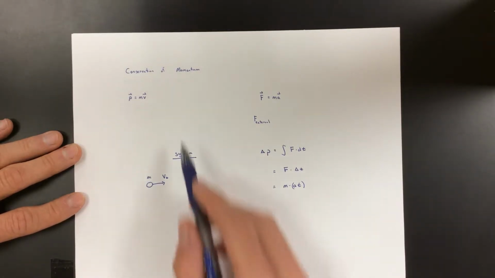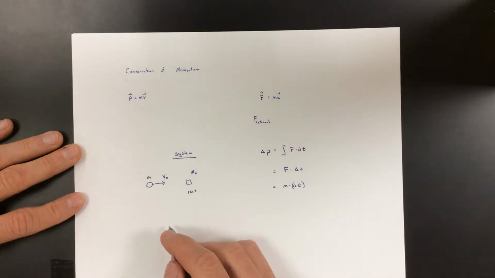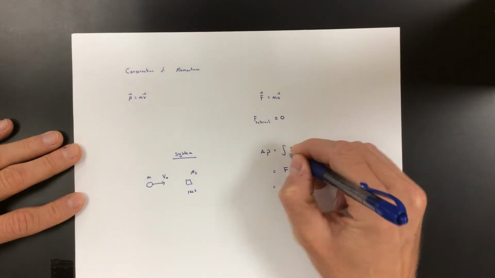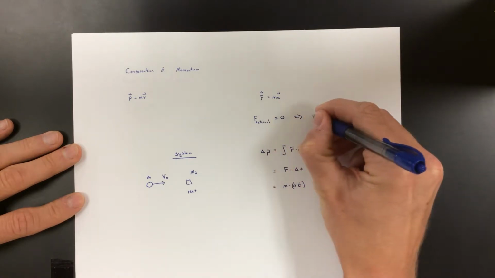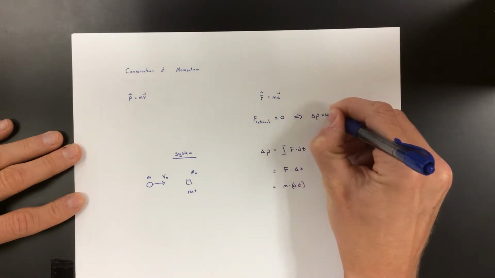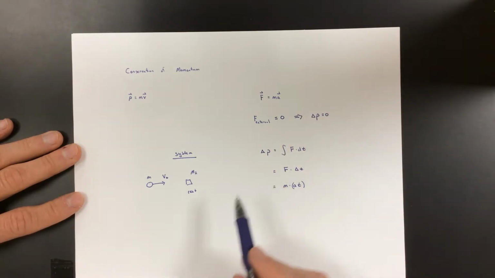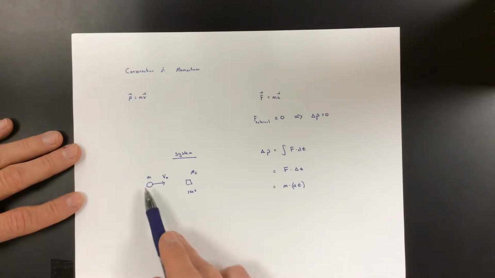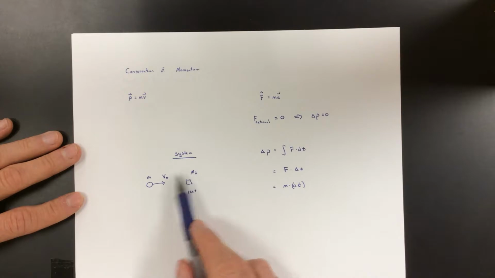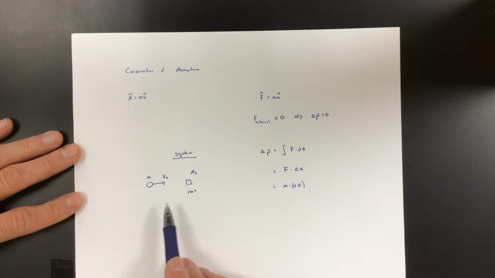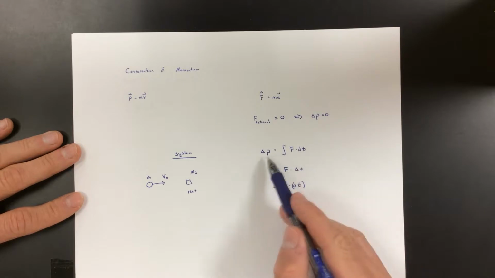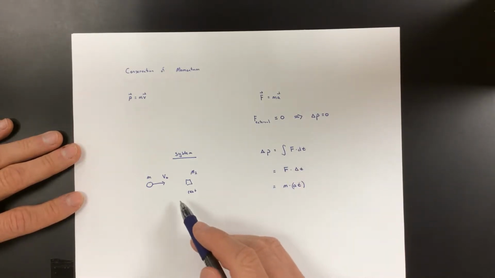Again, most of the time we're looking at conservation of momentum. We conserve momentum when the external force is equal to 0. That means that there's no change in momentum for the system. I didn't mean to imply that there's no change in momentum for an object. When this ball hits this block, whether the ball bounces off, whether the ball sticks, whether it's elastic, it doesn't matter. Each one of them is going to experience a change in momentum. Each one of them individually has a force applied over a certain time period, which will cause a change in momentum. But the system in general, and really,